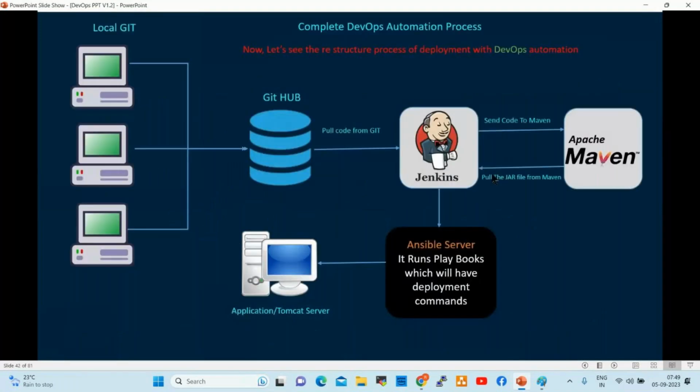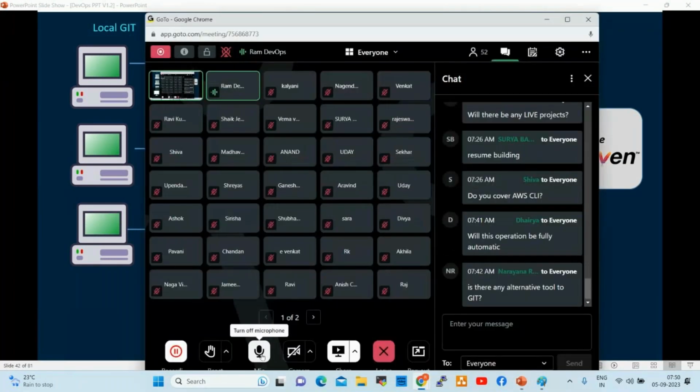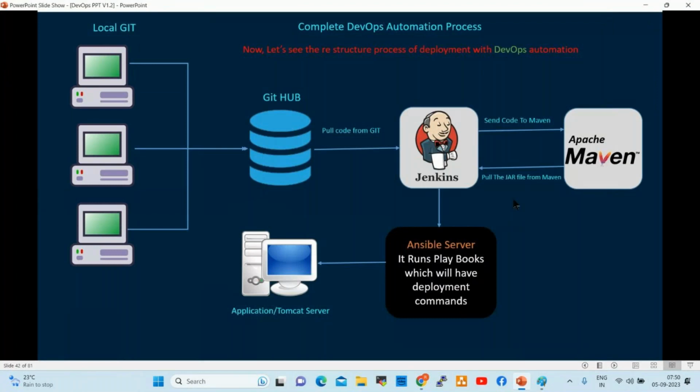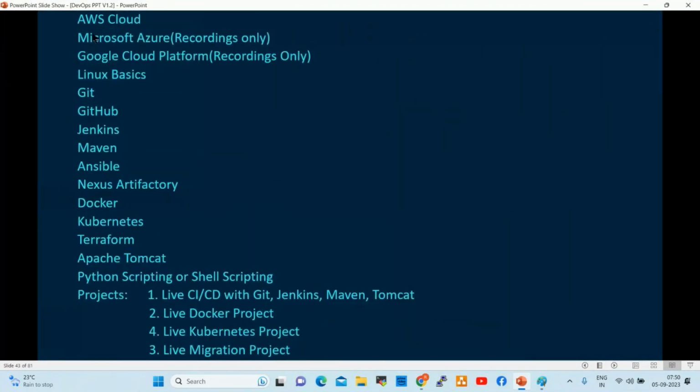Every tool we will go deep dive: Git, GitHub, Jenkins, Maven, Ansible, Docker, Kubernetes, Terraform. These are the DevOps tools, and for cloud platforms, Microsoft Azure and Google Cloud we provide you recordings. Our course starts with AWS.